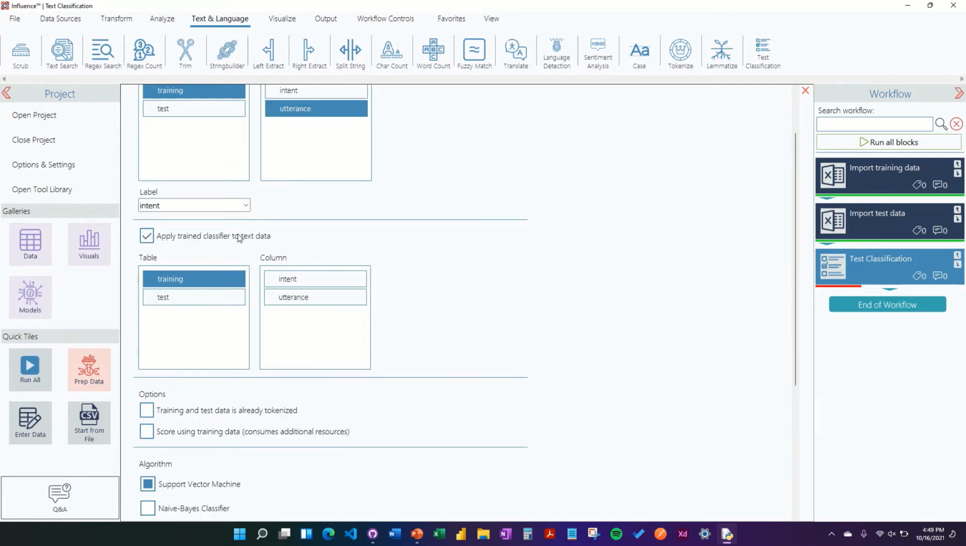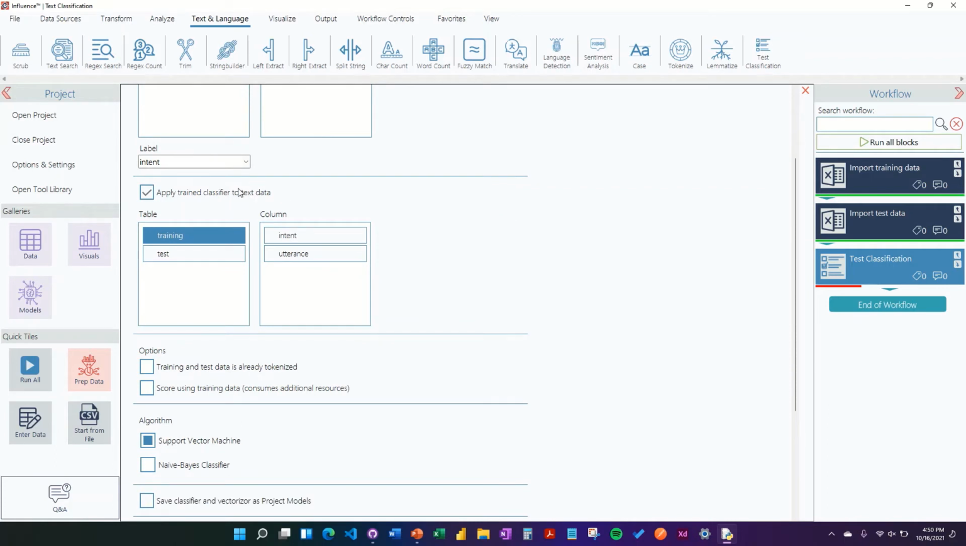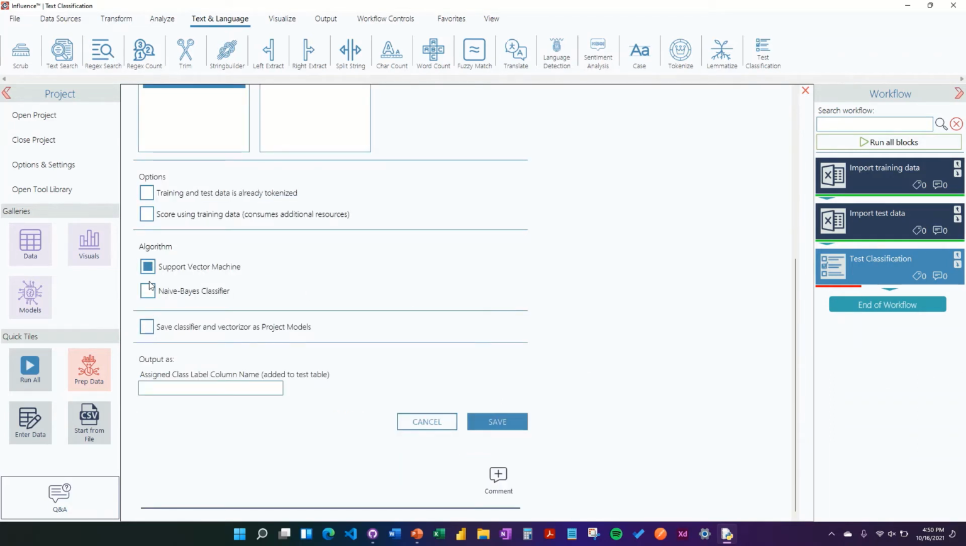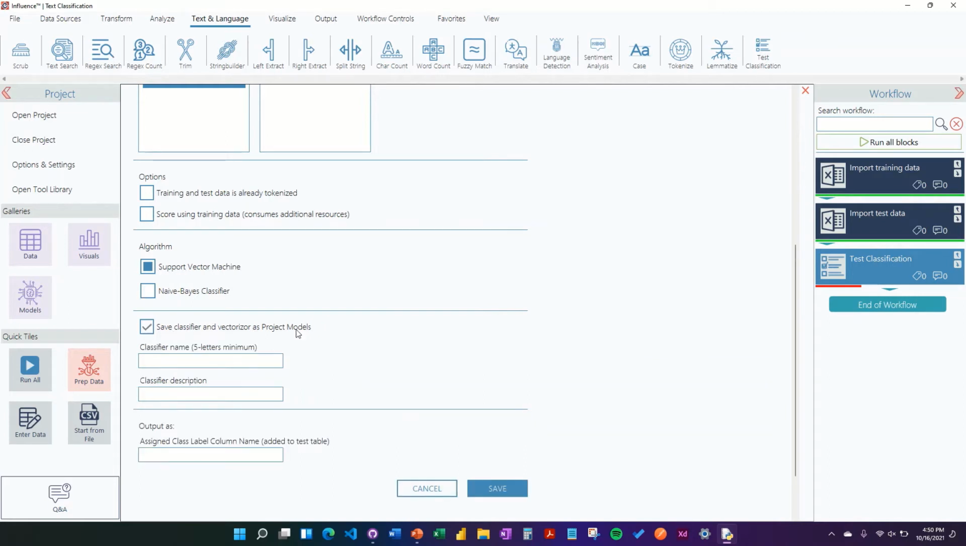And then we do want to apply this onto some data as well. So we're going to apply this to our test table, and the column that we're going to evaluate is the utterance column. Our data is not already tokenized. As we saw, it's just basic text data, and we're not going to score this. We're just going to classify. Okay, so now the other options that we have here is we have to pick an algorithm, SVM or naive Bayes. I'm going to stick with SVM,